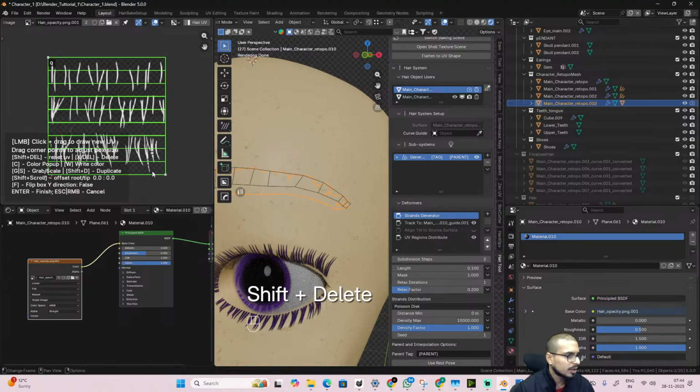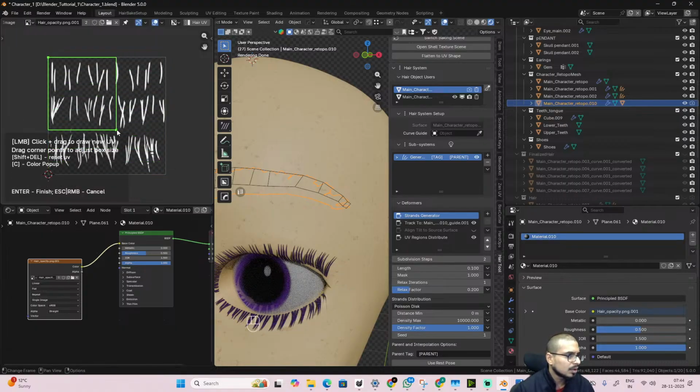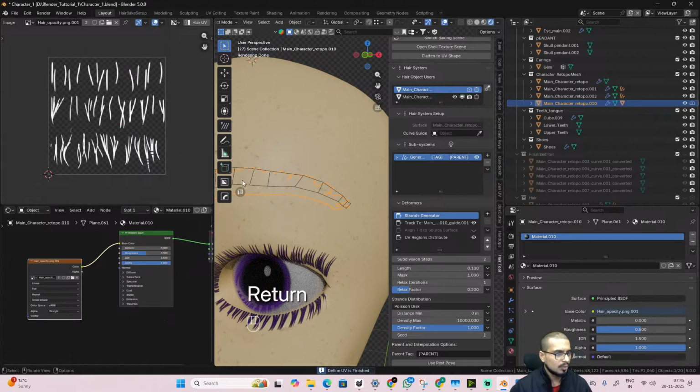Shift delete to reset, okay, and I'll use these and I'll draw a few more so that we have a bit of variation, I guess. I guess these would do, but